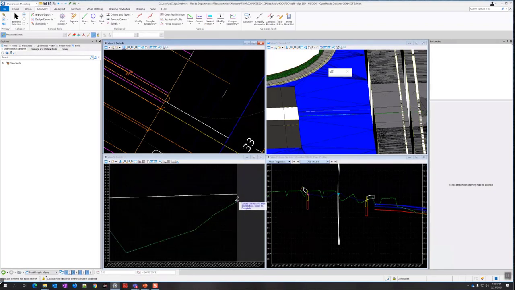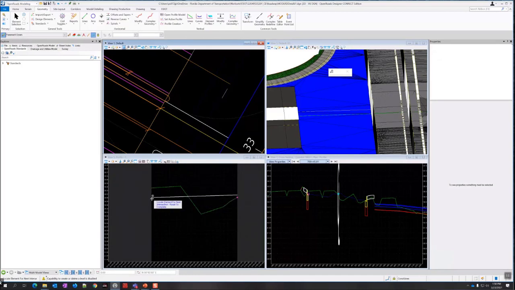So you can see it comes in a little bit lower right here. So basically we need to draw a profile from here to here. And if you need to do a complex transition, you can, but I think a simple line should be sufficient on this one. So I'm just going to go to vertical and choose lines, profile line between points. Select my profile view, and I'm going to start right here. I'm going to snap it to that line here.